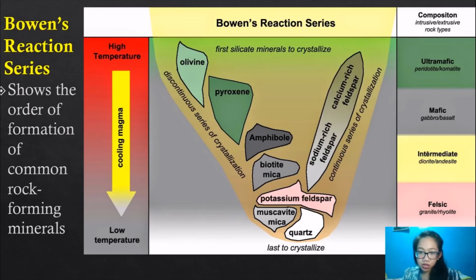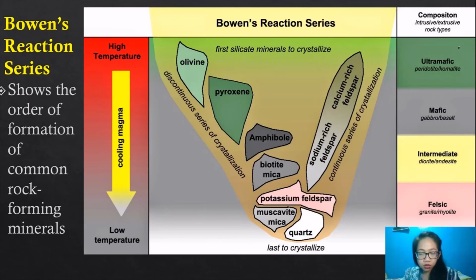If it's intermediate, it's either biotite mica or sodium-rich feldspar. And if it's felsic, you have your light-colored minerals here, your potassium feldspar, quartz, and muscovite mica. So that's how you understand the relationship of the minerals here that is shown to the categorization of intrusive and